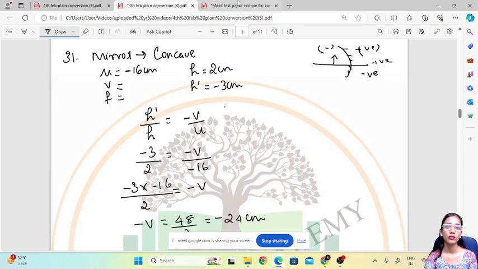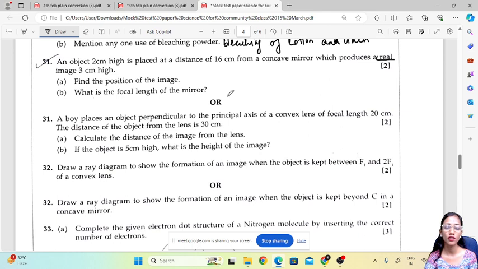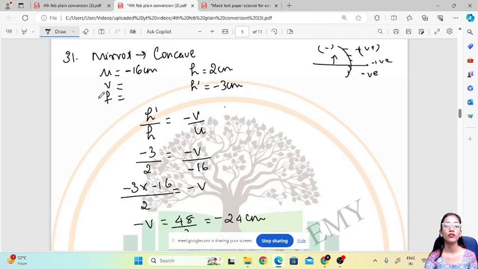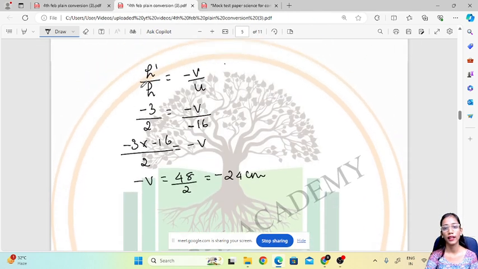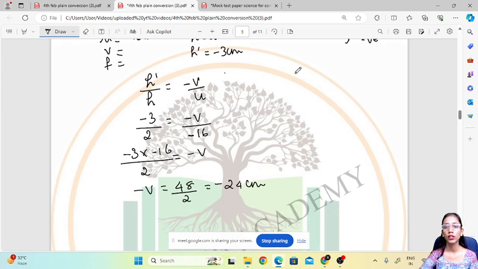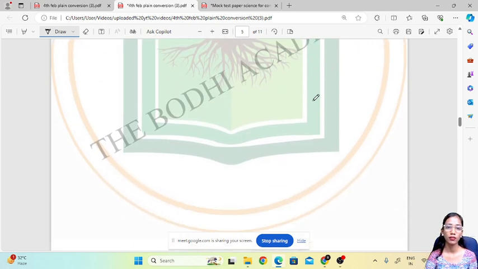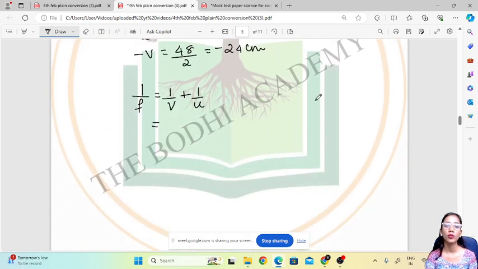Okay, now let's see what's the next question. What is the focal length of the mirror? You have to find f now. For the focal length we can use the mirror formula, that is 1 upon f is equal to 1 upon v plus 1 upon u. So we know that 1 upon v is minus 24